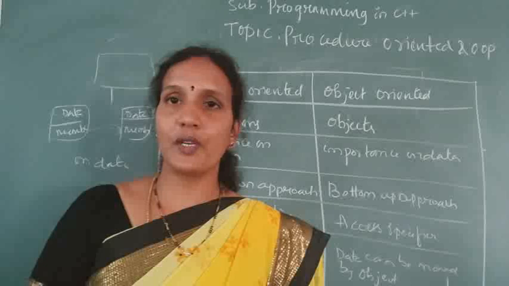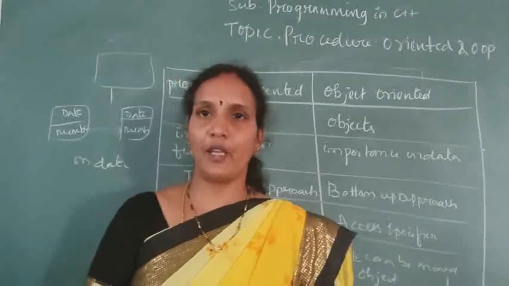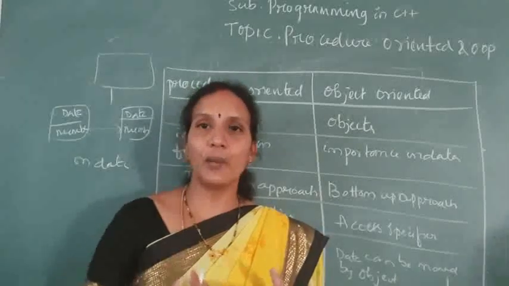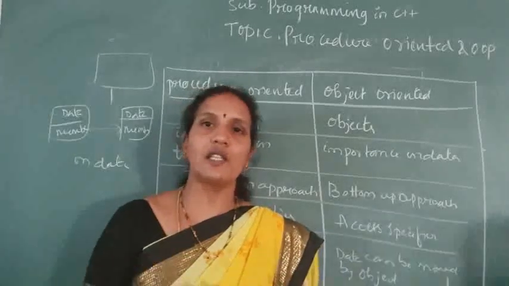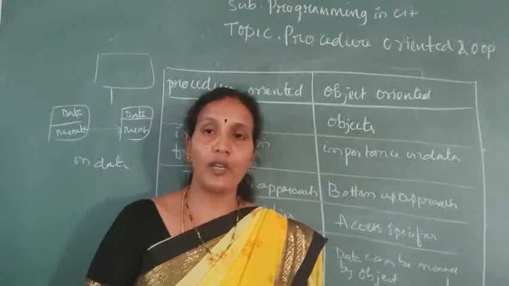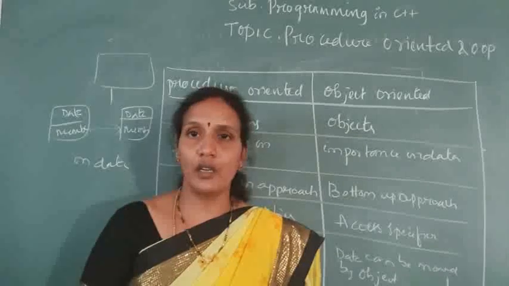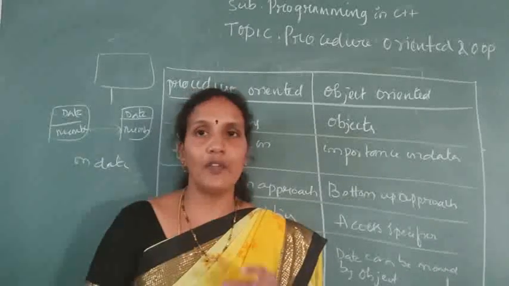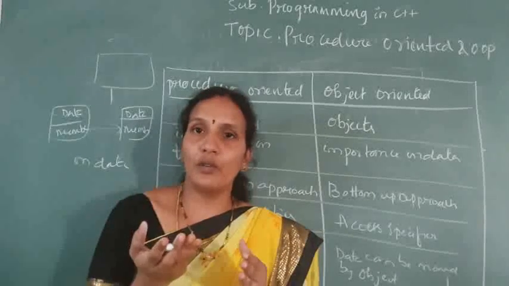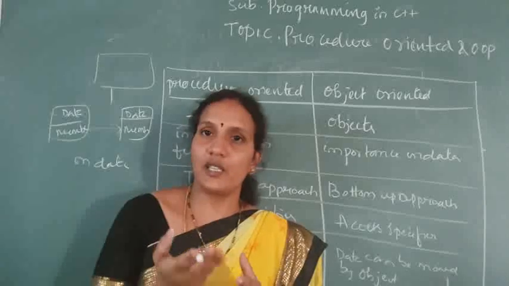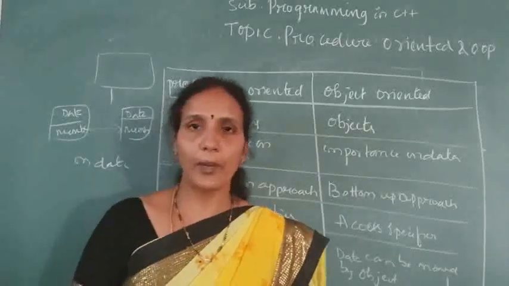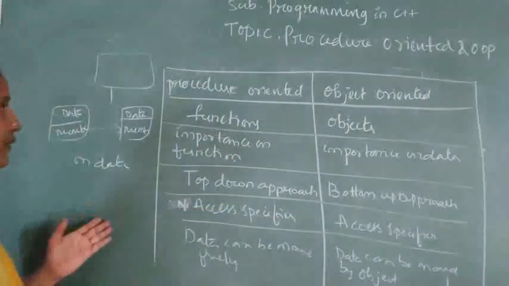Whereas that is not possible in C programming, because in C programming the total program is divided into functions. A function is a set of instructions. So according to real world requirements, you cannot design the program; you cannot split it according to real world entities. But here, if you are designing a project and you have many objects, for each and every object there is data and a function. So we store that information in that object only. Now, based on that, here we have some differences.